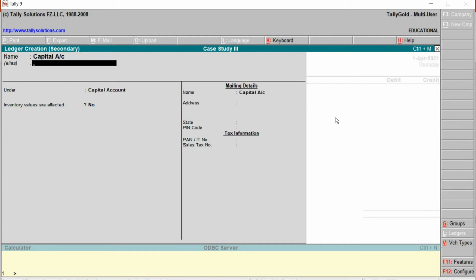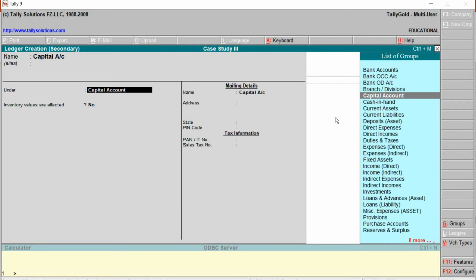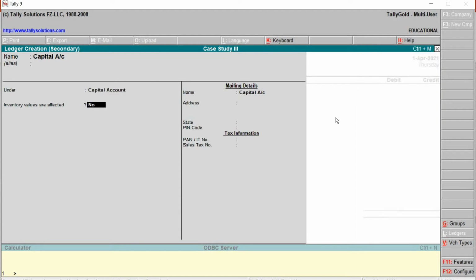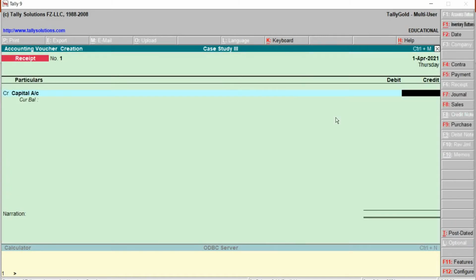Alias will be blank and this will be allocated under the group, that will be capital account. Then later save. Even we can provide the mailing details: name, address, state, PIN code, tax information. Then save. Press Y from the keyboard.